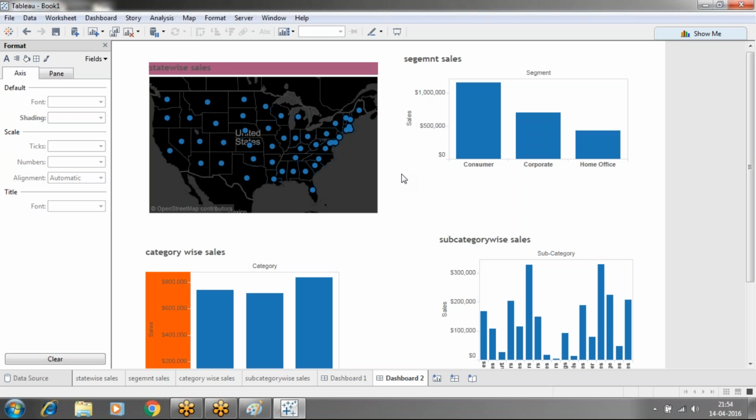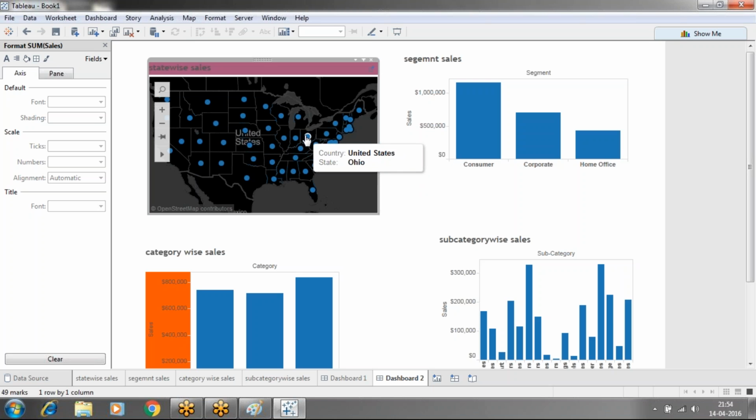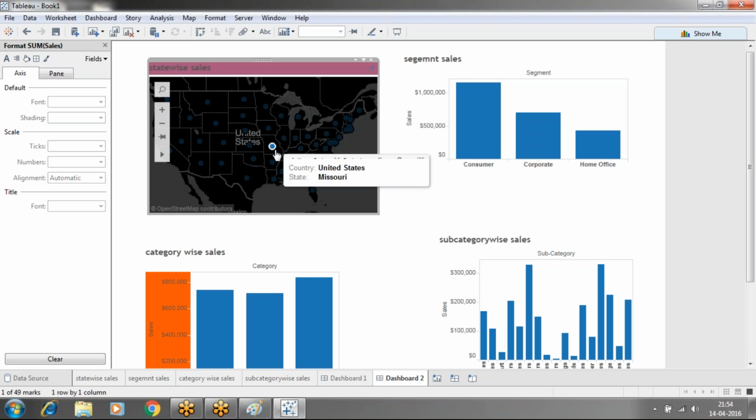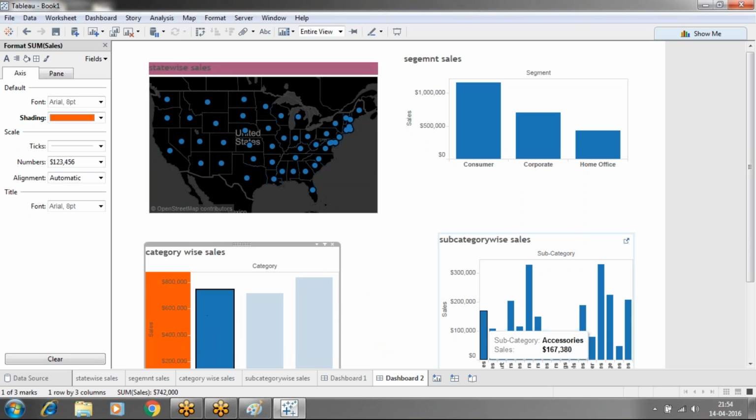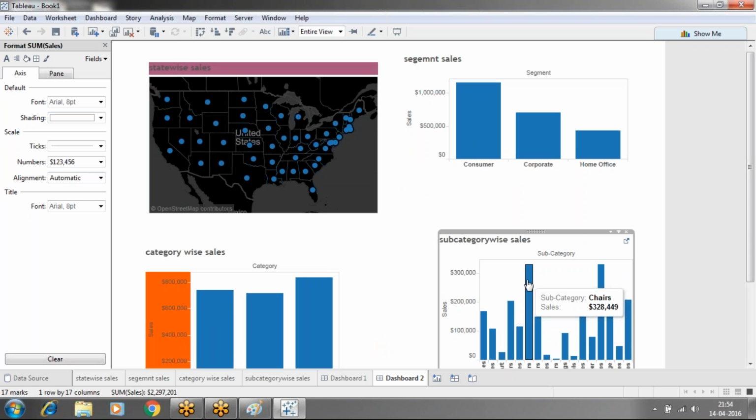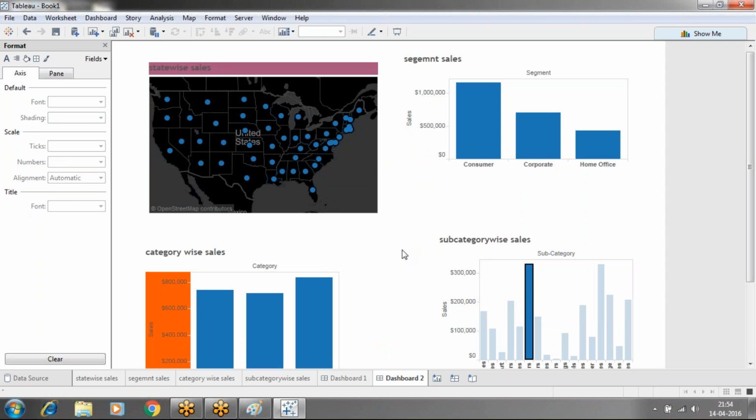Here, I need to give master detail dashboard. It should be one master, and the remaining three should all be detail. Here, each and everything should be detail only. If I click on anything, it is not going to change the effect on any other remaining things. Then I need to make one as a master and the remaining three as detail. For that purpose,